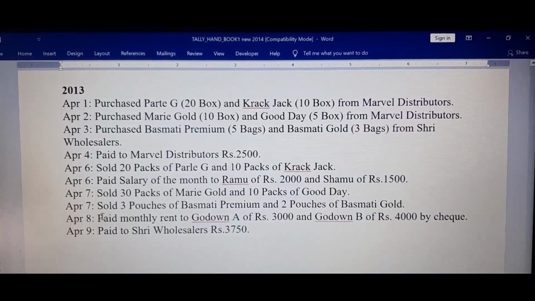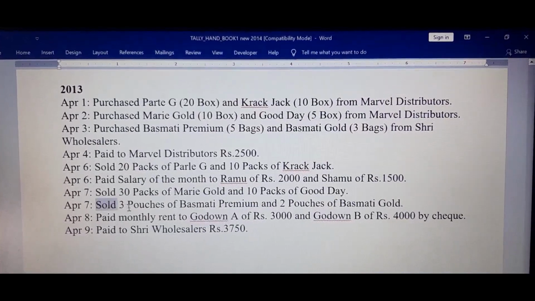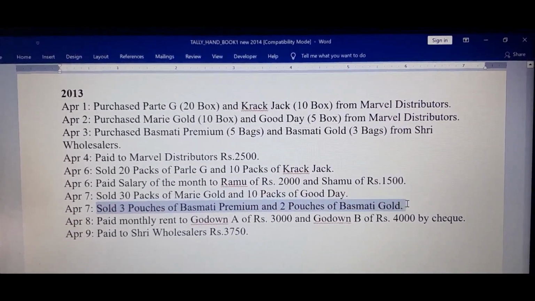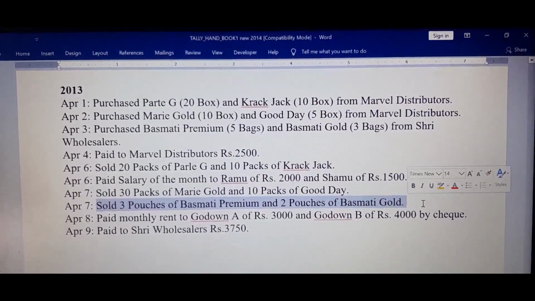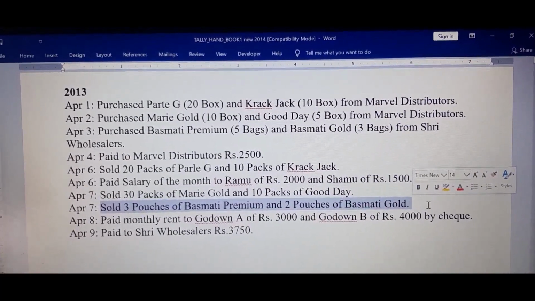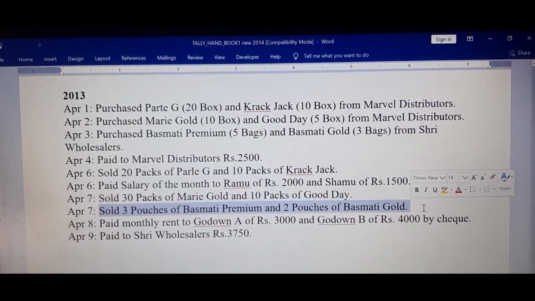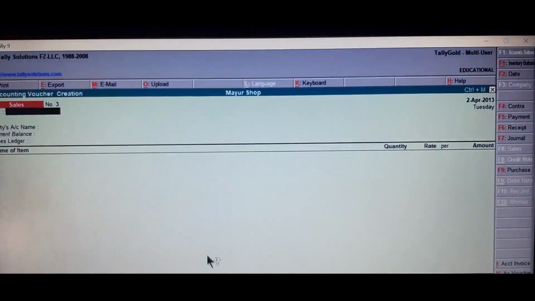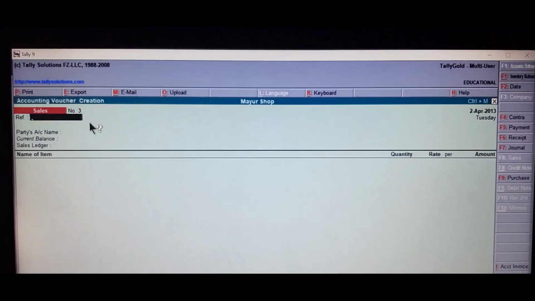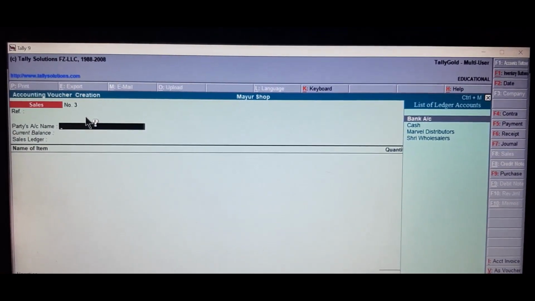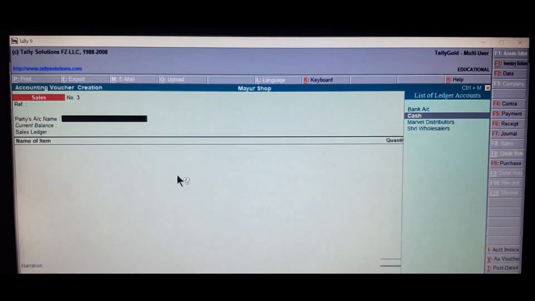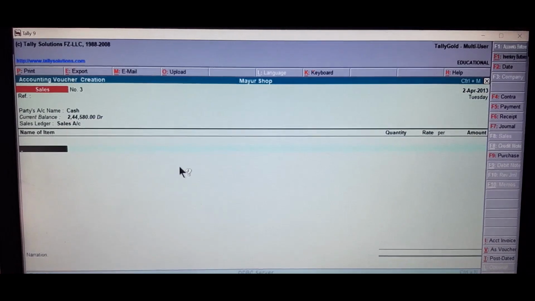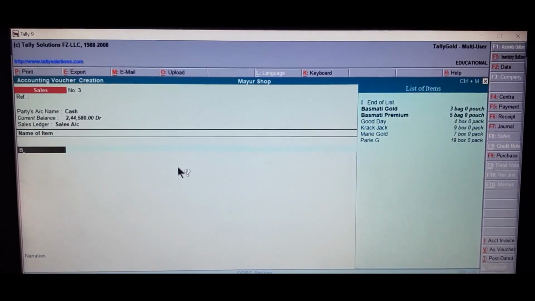Next, sold 3 pouches of Basmati Premium and 2 pouches of Basmati Gold. Even this can be recorded either under sales or receipt voucher. Sales voucher. Party's account name, select cash. Sales account, name of the item Basmati Premium.